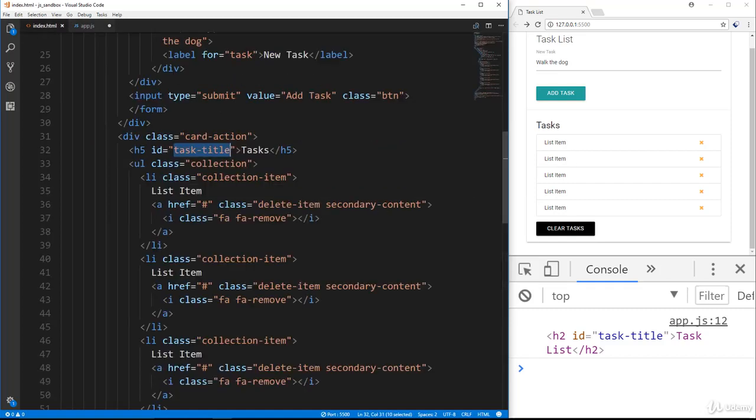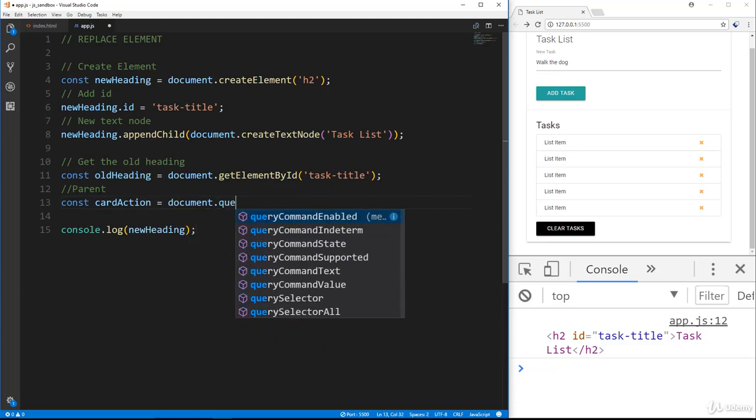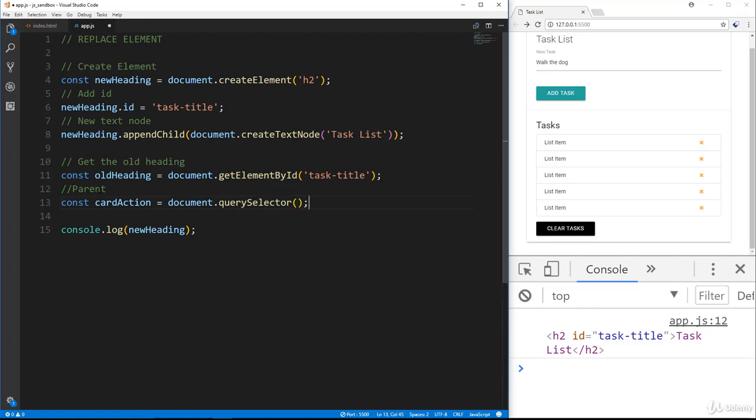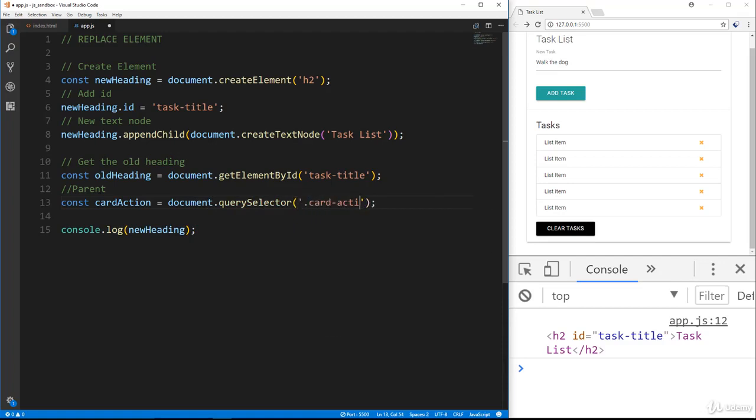Now this H5 is inside of a div with the class of card action, so let's go ahead and do that. So we'll say parent, and we'll call this card action, and we'll set it to document dot query selector, and it's a class, so dot card action,